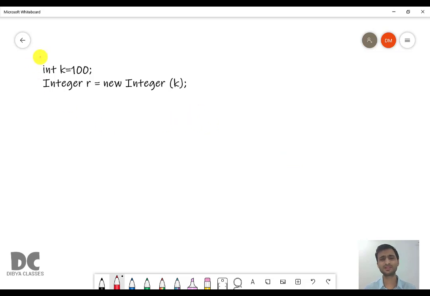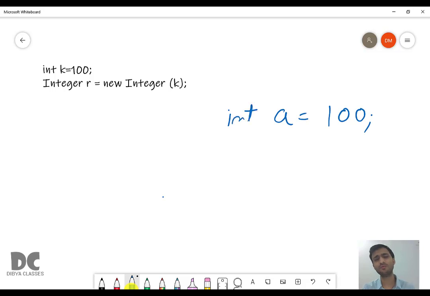So before coming to this conversion of primitive data type to an object, if you can recall chapter 3, we studied about typecasting. It is similar to typecasting, you can say. For example, we stored 100 in a variable A of int. Now we want to store it in another variable B of byte. So what was the syntax to store from A to B?